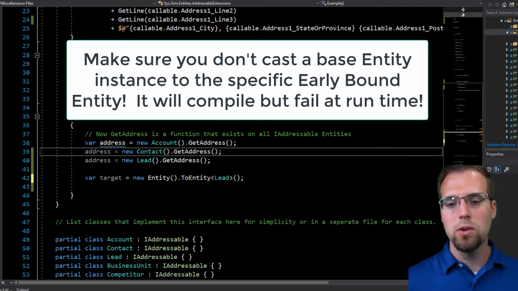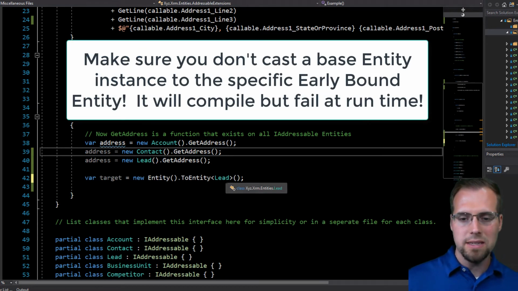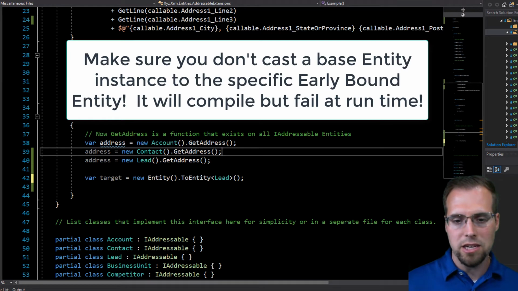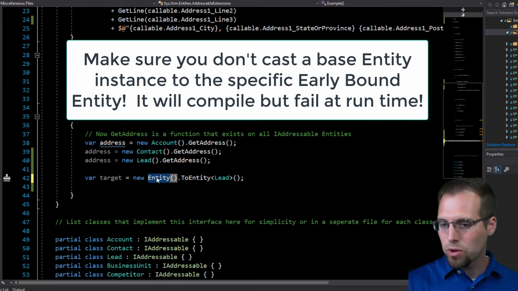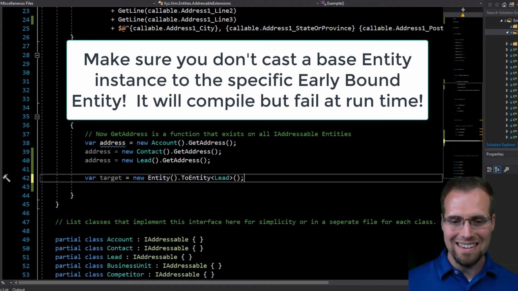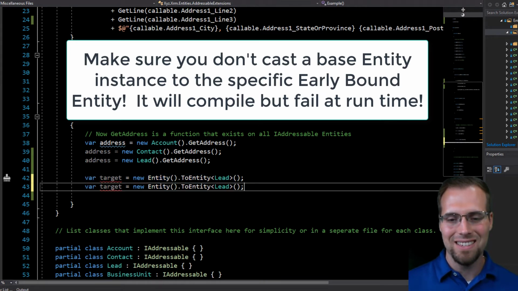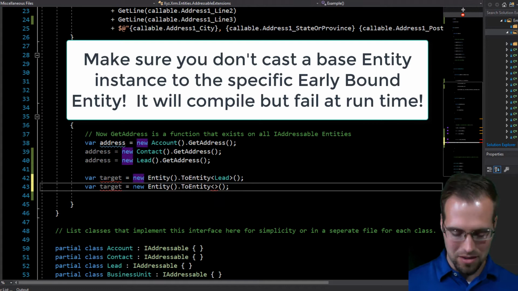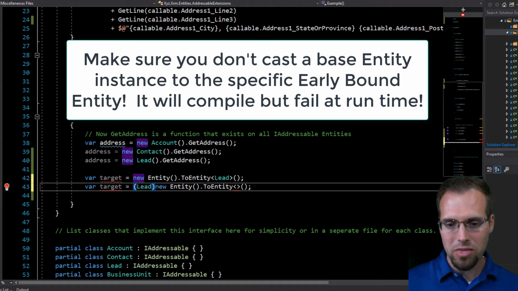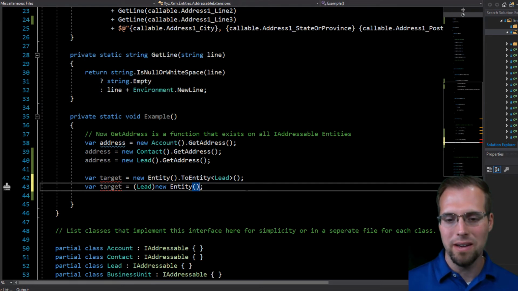So in this case, this will go ahead and create a brand new entity instance and take the attribute collection that's in here and put it in there. Works just fine. So make sure that you're trying to do that, and you're not trying to just cast the entity to that type,